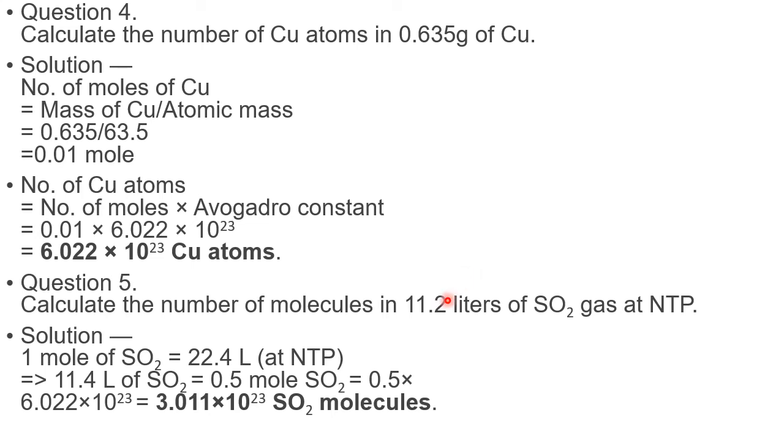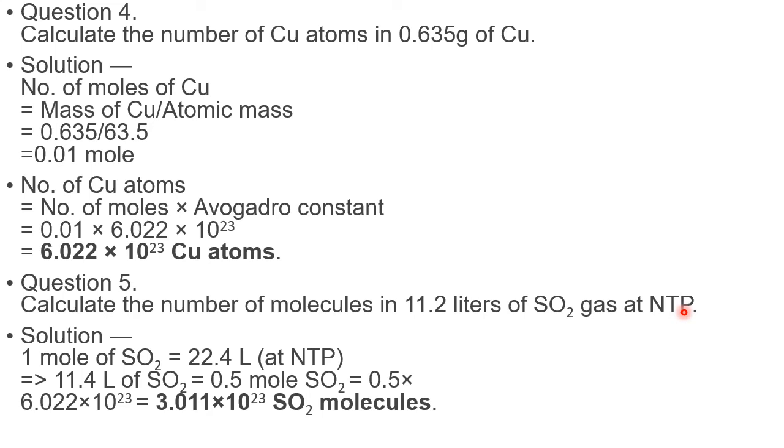For the gas, Avogadro said what? For solid or liquid, whatever we learned, that is the rule. But for the gas, because it is moving, gas can be measured in terms of volume. Therefore, for the gas, he said 1 mole of any gas is equal, in terms of volume, to 22.4 liters at normal temperature and pressure, NTP. This condition holds good when you take the respective gram atomic mass or gram molecular mass, whichever is applicable.